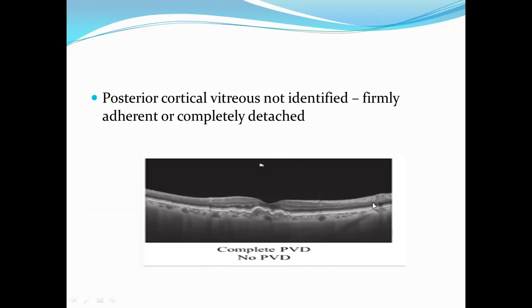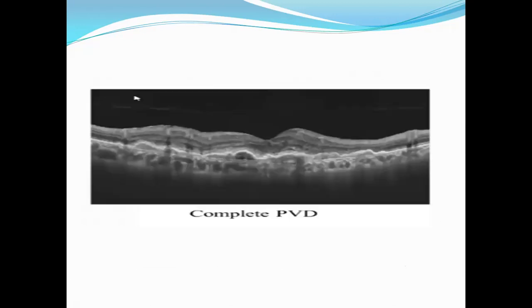So there is a total PVD, or posterior vitreous detachment, and it has gone too anterior to be imaged in the same image with the retina. So बहुत anterior चला गया PVD होके, इसलिए हमें नहीं दिख रहा है, या फिर this posterior vitreal cortex is very densely adhered to the inner surface of the retina. Then this is a picture where you see a hyperreflective line in front of the retina. This is a posterior vitreous detachment. In order to call it a complete posterior vitreous detachment, you should always see a scan through the optic nerve head. If it has separated from the optic nerve head also, then we call it a complete PVD.